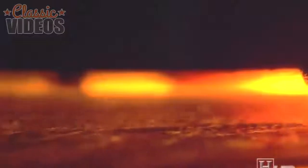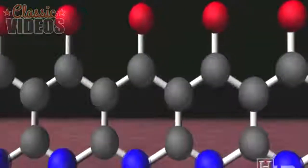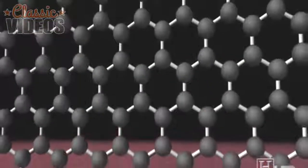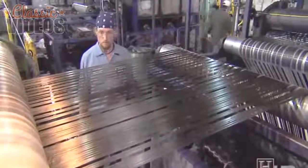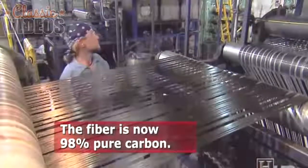This time, the fibers are heated in the complete absence of oxygen, so that they won't burn. Instead, the extreme heat forces the atoms to vibrate until the non-carbon atoms break away. Left behind are crystalline chains of carbon atoms. The carbonization process has now fused the carbon atoms into a very strong shape that will require great energy to